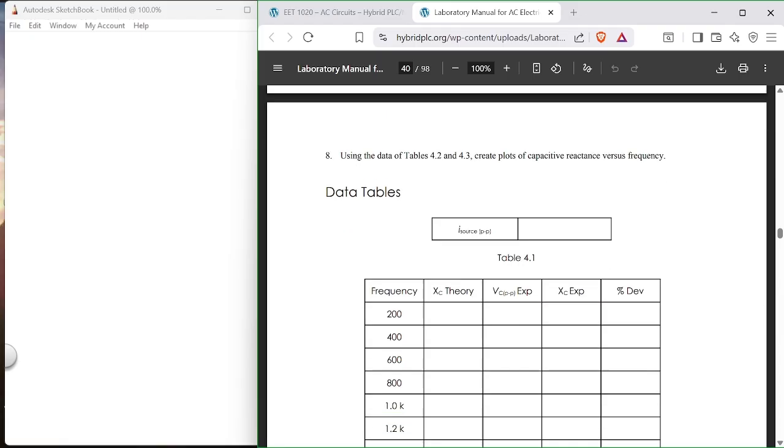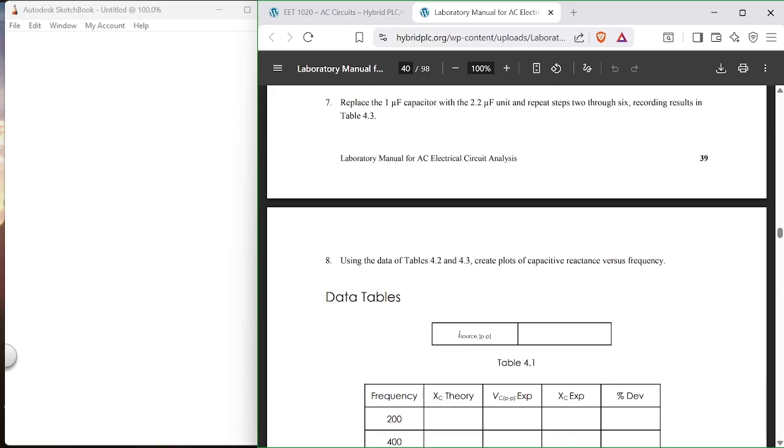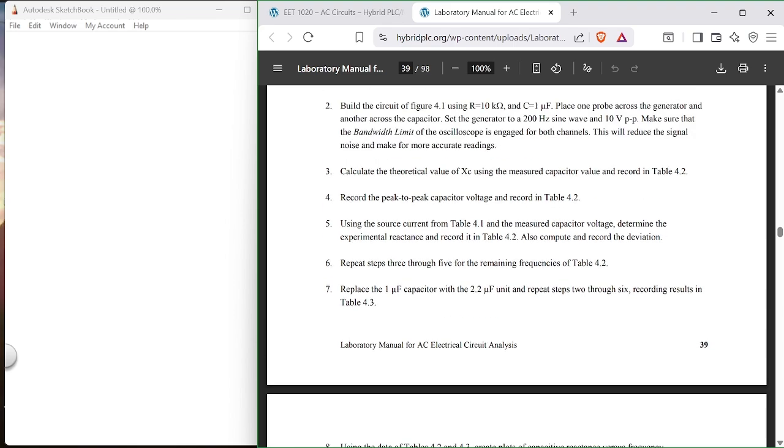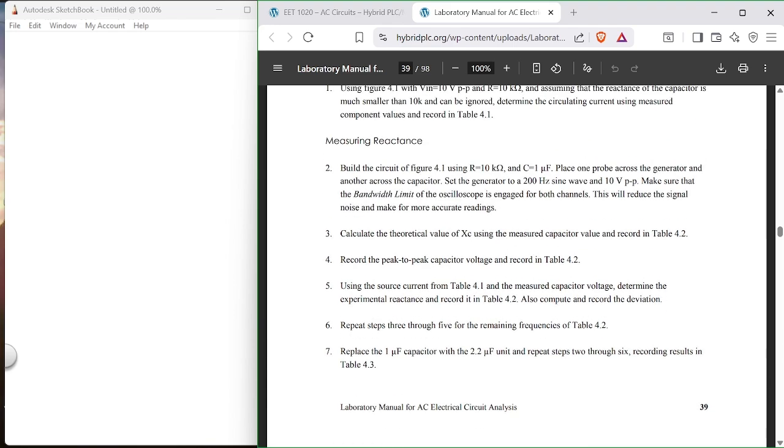One of the things that he does is calculate the theoretical value X sub C using the measured capacitor value and record in table 4.2. So that's the theoretical. Now